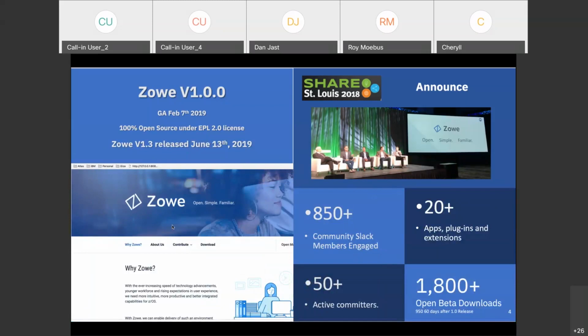We are now running Zowe version 1.3, but we have Zowe version 1.4 targeted for release tomorrow. So hopefully we'll be seeing that drop tomorrow. As you can see here, there are some metrics on the screen. We've had a lot of engagement with Zowe already. Even before the official GA version, we saw 950 downloads of the beta before the GA version was released, which